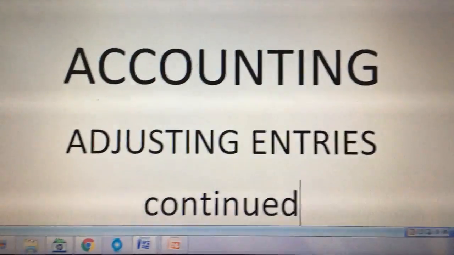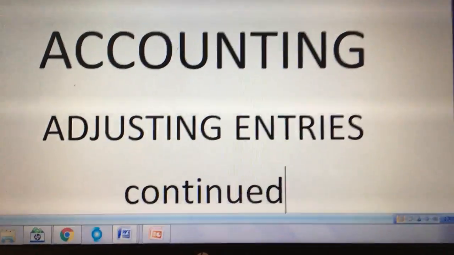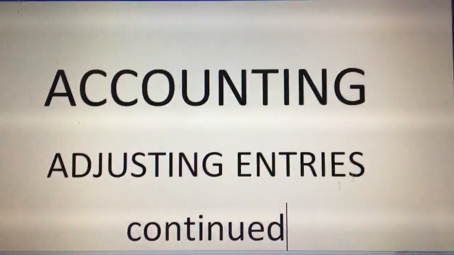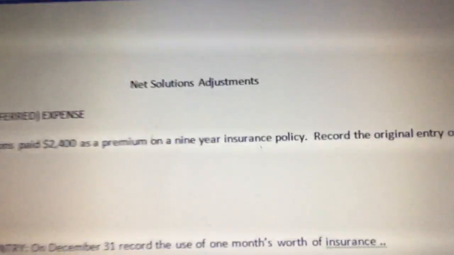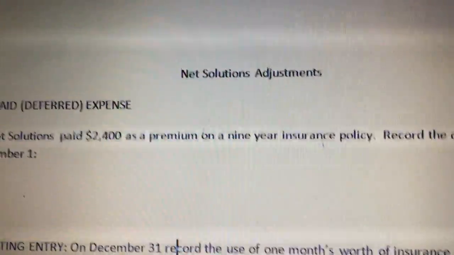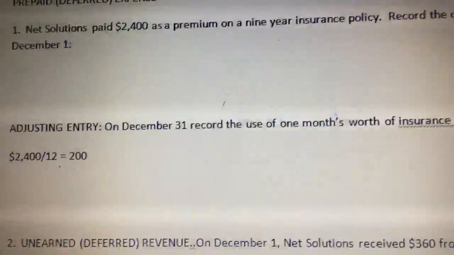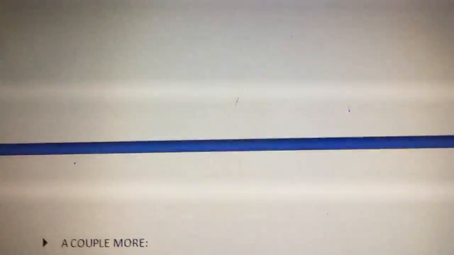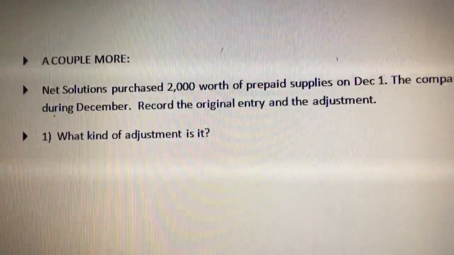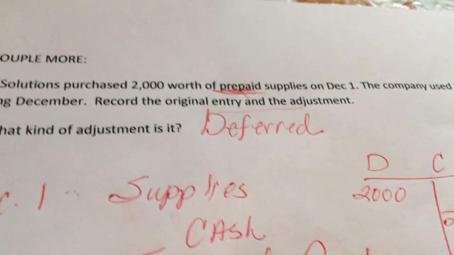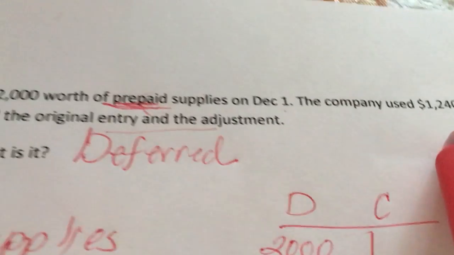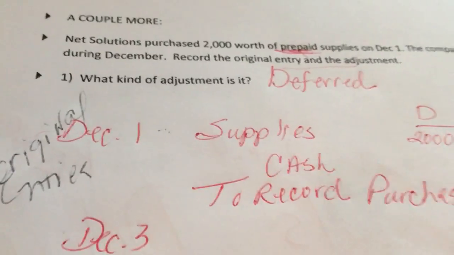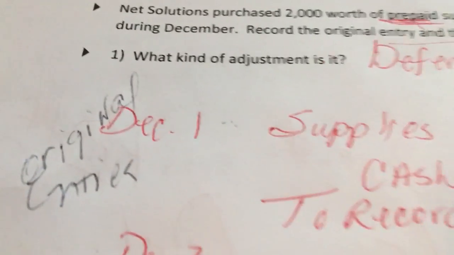Adjusting entries continued, and we were actually looking at Net Solutions. The page we were looking at, the Net Solutions adjustments. We were down to the bottom of this page on the second page, and I want to finish up the second page. Now, I had gotten through one entry. We were looking at the original entry for Net Solutions here, where they purchased $2,000 worth of prepaid supplies, and the company used $1,240. I had just made the original entry, which was done back on December the 31st, where